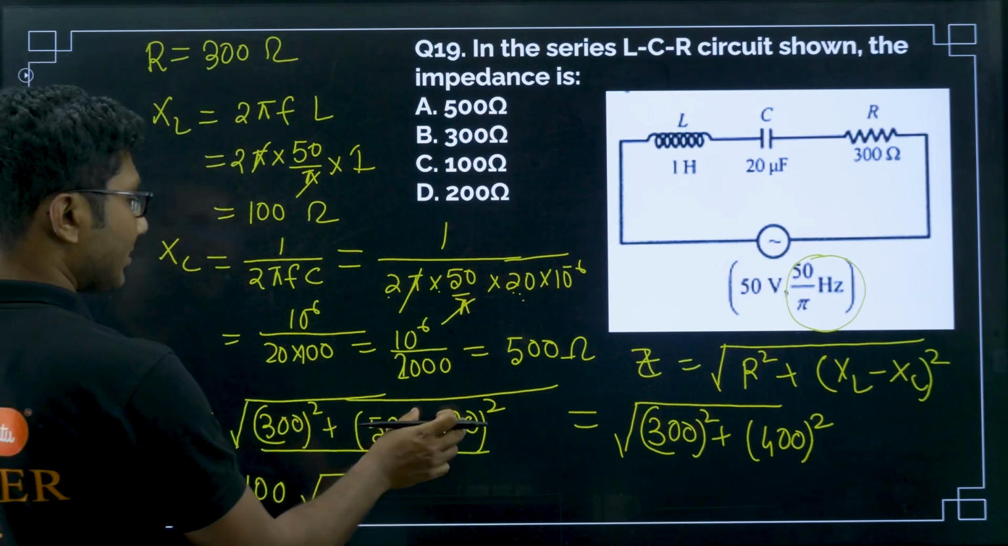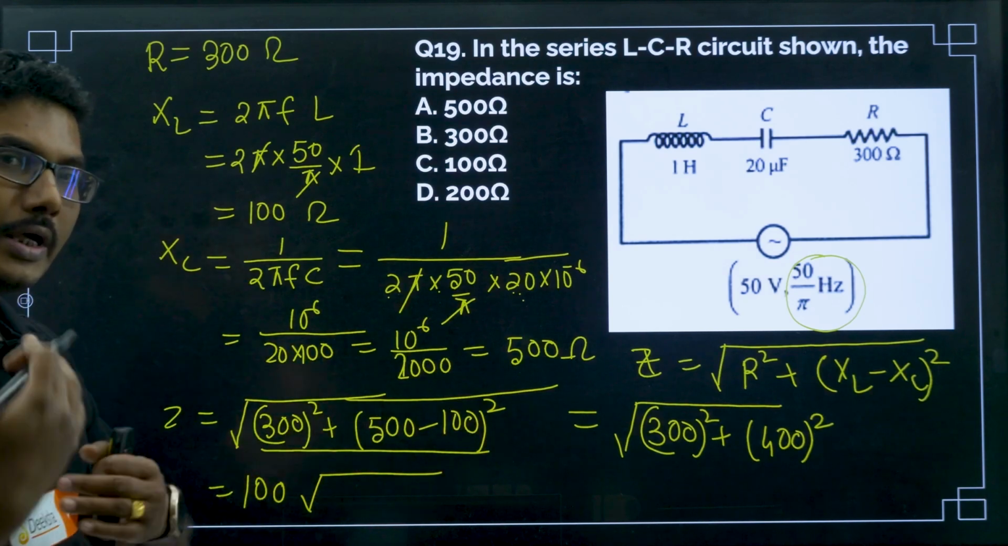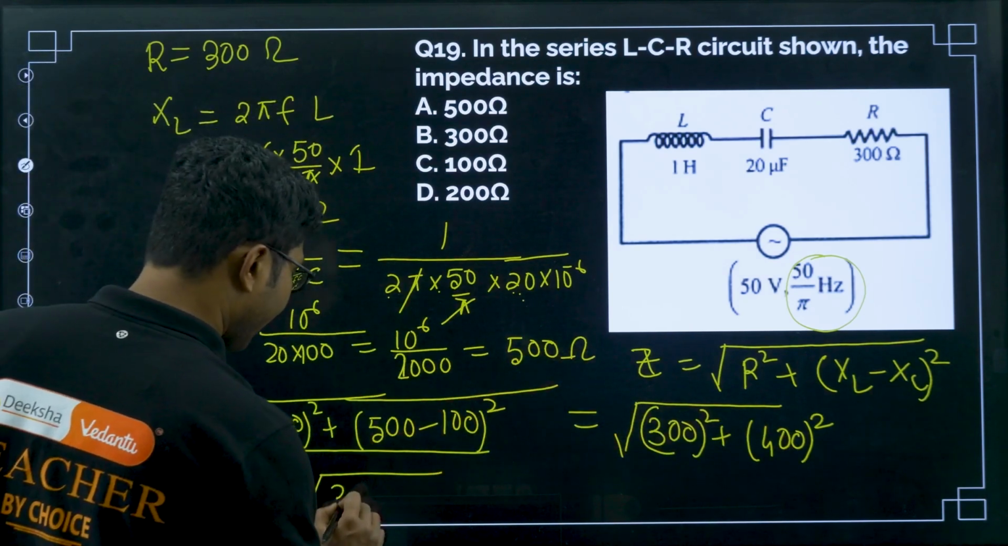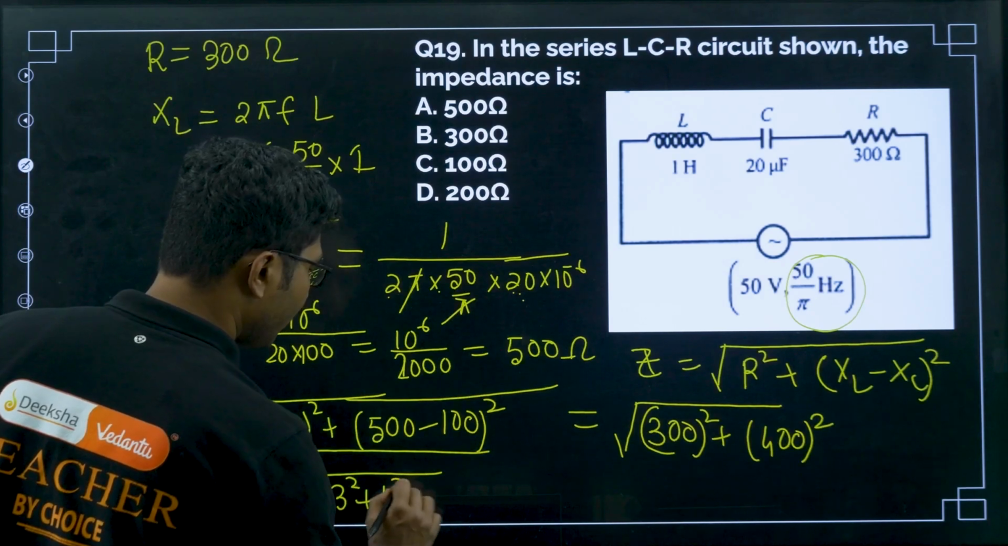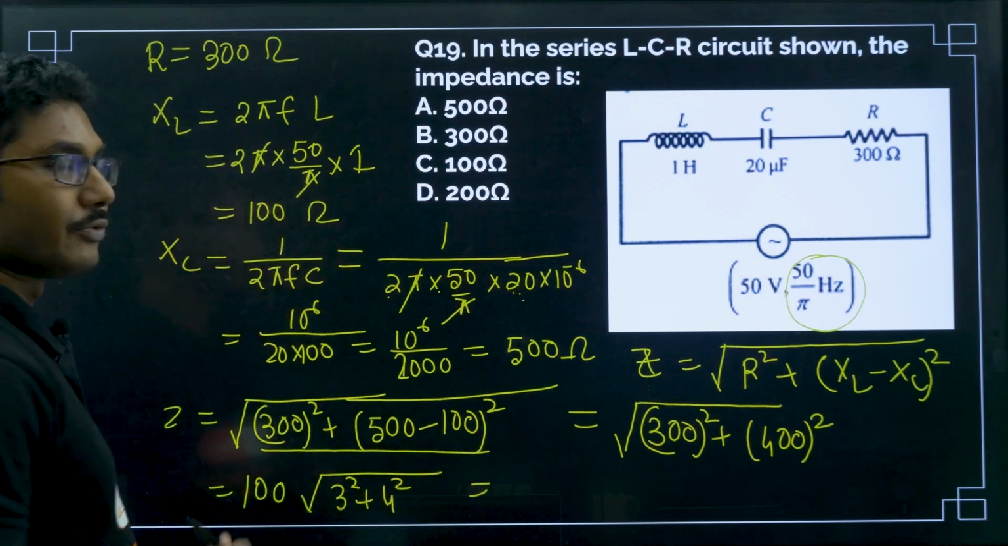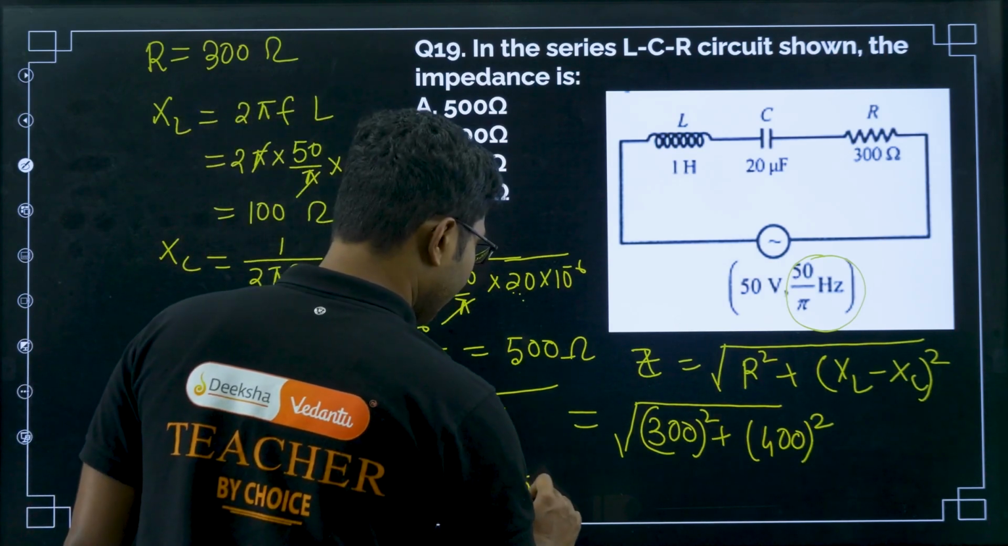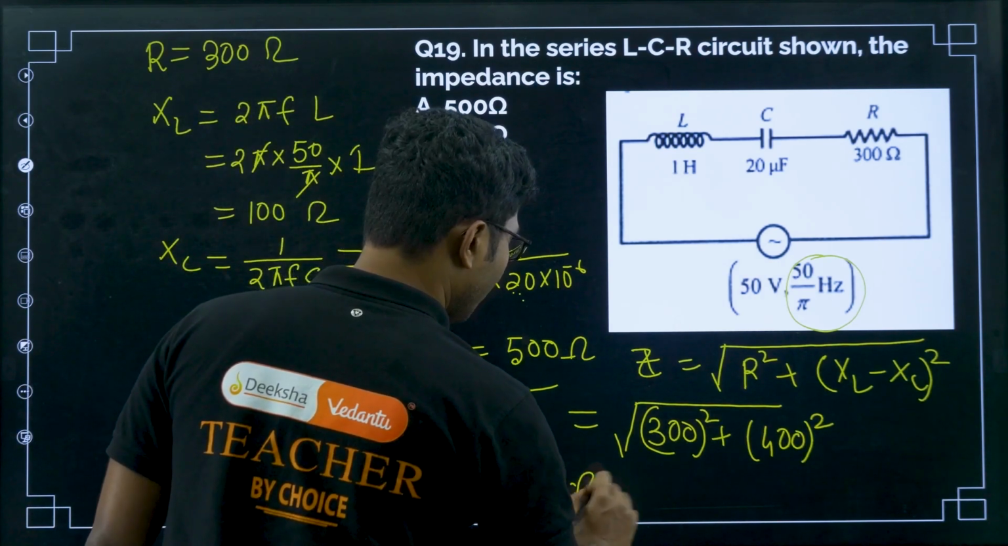Okay. If you take the 100 square out of the square root, it will just be 100, right. Now, 3 square plus 4 square. Now, you know the answer. 3 square plus 4 square square root is basically 5. So, 5 into 100 is 500. So, 500 ohm is the answer,